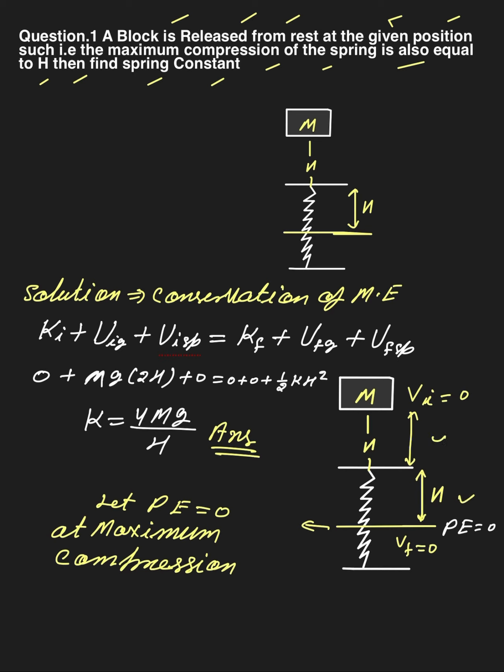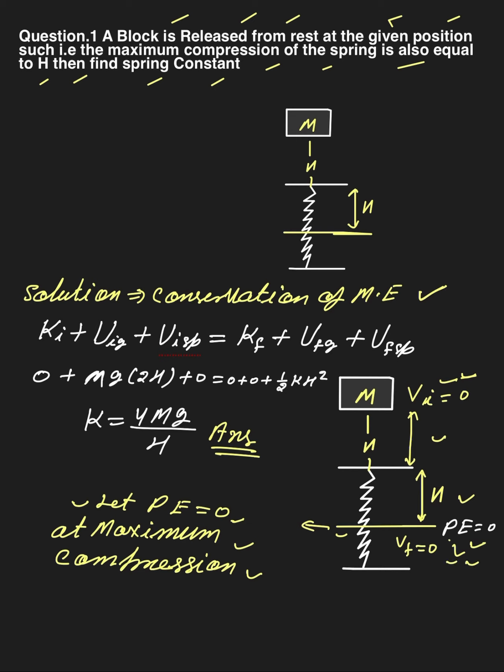So if you take the potential energy, at that point we have 0. Let PE be equal to 0 at maximum compression. At maximum compression, potential energy is 0. Now apply conservation of mechanical energy. The conservation of mechanical energy says the sum of kinetic energy plus potential energy at the initial position will be equal to the sum of kinetic energy plus